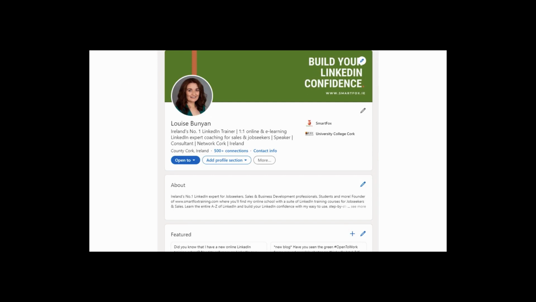And LinkedIn make it really easy now to add this setting. It was a bit more complicated before they made their updates. So what we're looking for is this blue button that says Open To. And we click the drop down arrow and we have 2 options. Hiring: share that you're hiring and attract qualified candidates. So that's not for us today. But what we're looking for is finding a job: show recruiters and others that you're open to work. So we click that.